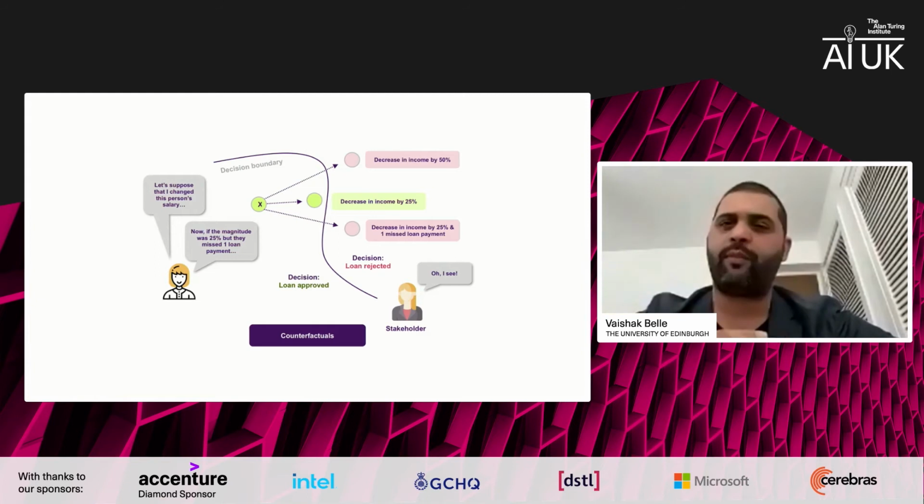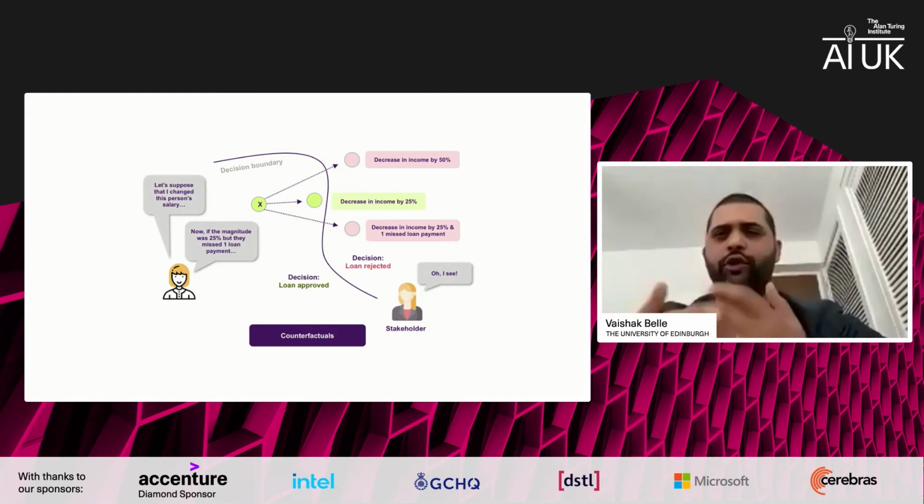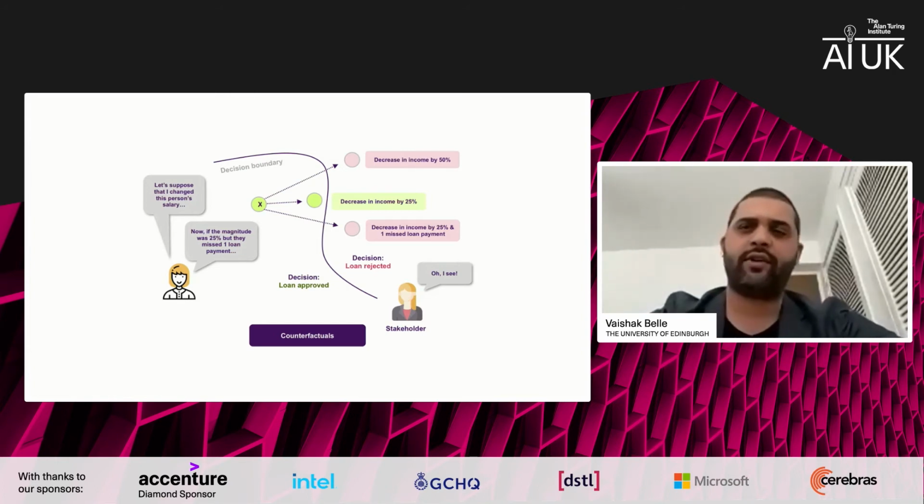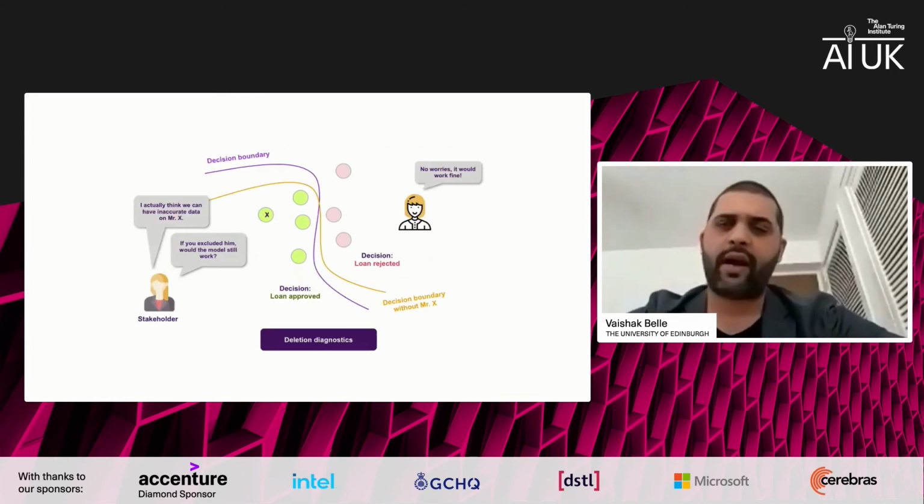But if it's just 25%, it would still be approved. Okay. So on and so forth. You can ask various questions and perturb the feature space so as to get the appropriate counterfactual using a technique like this. Let's go further, and let's say, for instance, the stakeholder now actually realizes that the data point for